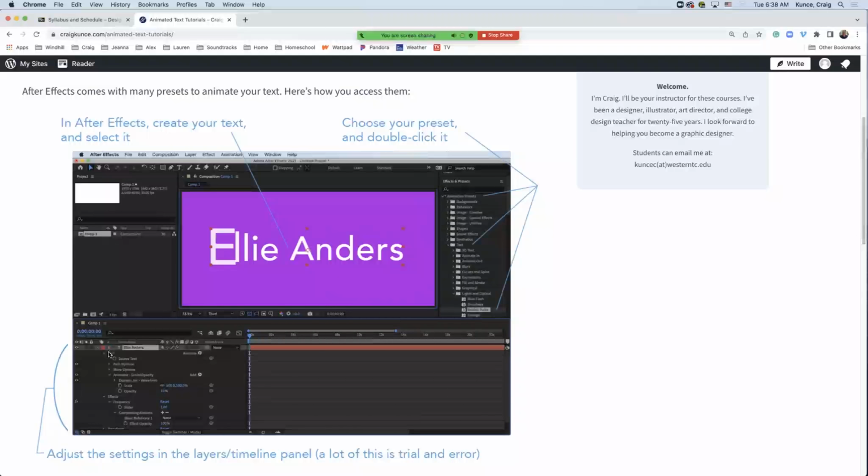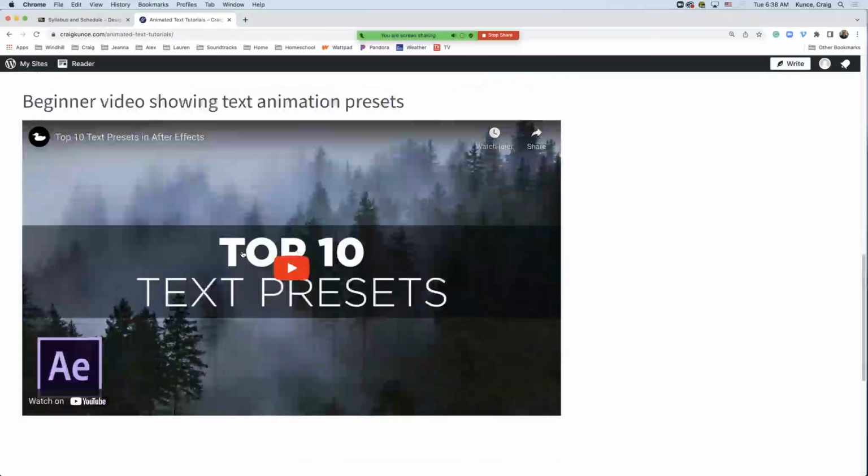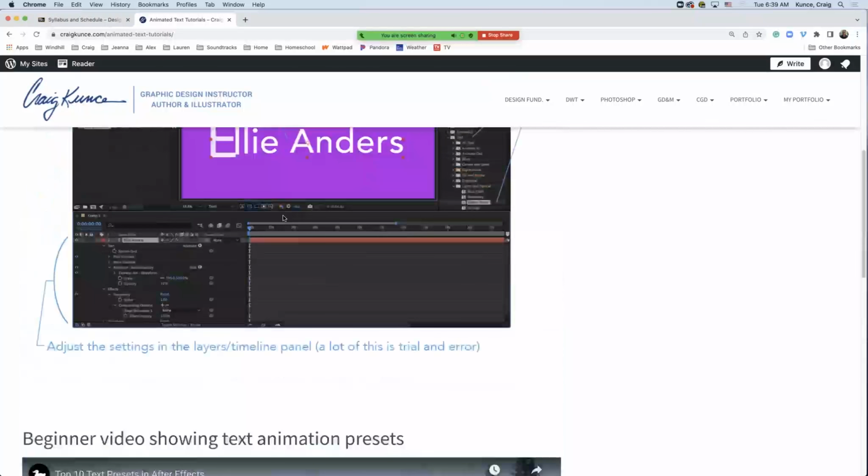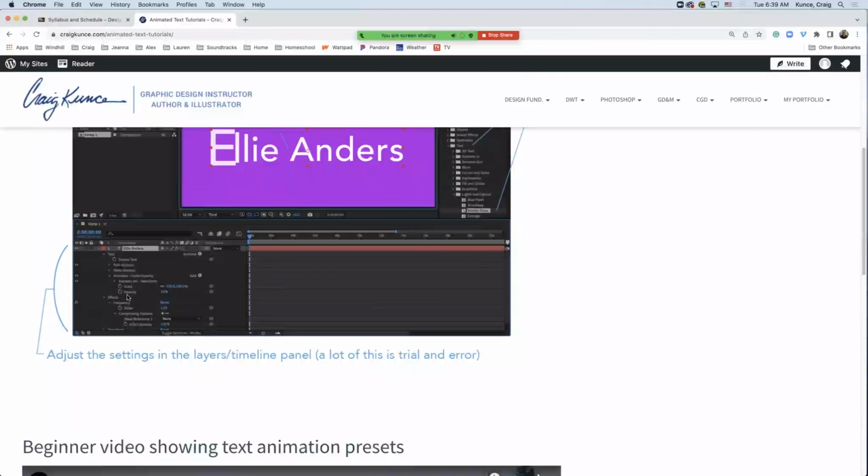It will then apply it to your text and adjust the settings. Then you can adjust the settings in your layers palette. So this video is just kind of someone doing the videos like they do on YouTube where they say, these are the top 10 text presets. And it kind of shows some examples, but don't be afraid of the presets. They're pretty simple to use and apply, even if you don't go in and try to edit them, because sometimes